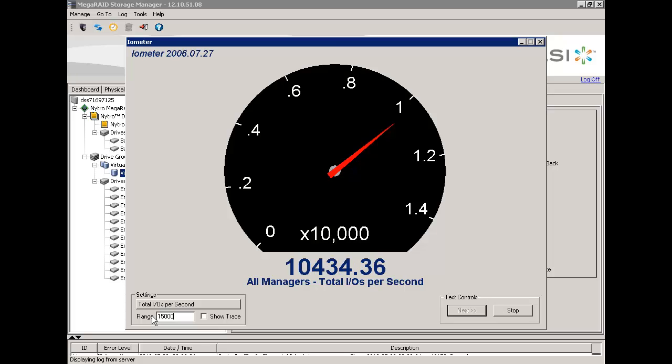You see, from the range of 1000 we are now in the range of 10,000. Of course it will grow maybe to 12 or 13,000. So that's the way you can quickly show your customer that the cache really works with the so-called real